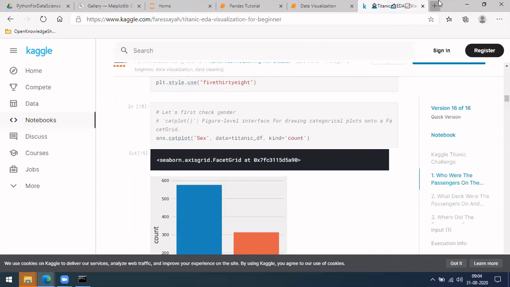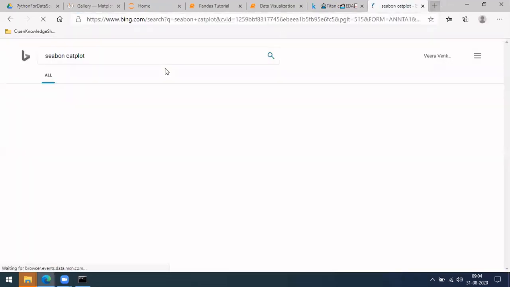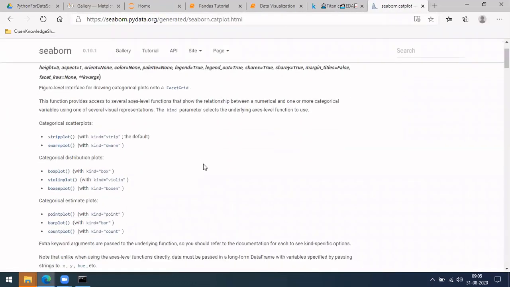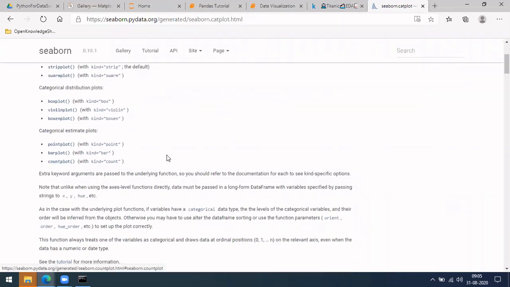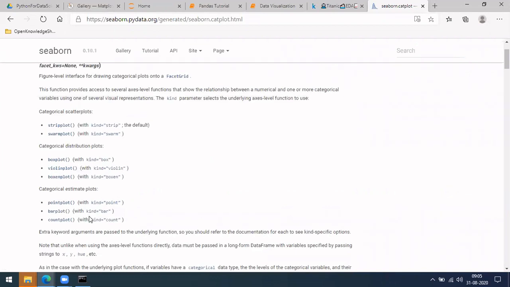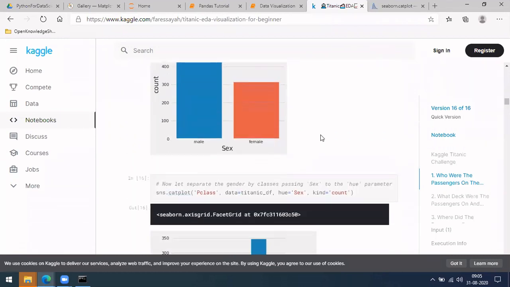In Seaborn, there is directly seaborn dot count plot as well. So this cat plot is a collection of a few different plots which you can access by changing the value in kind.